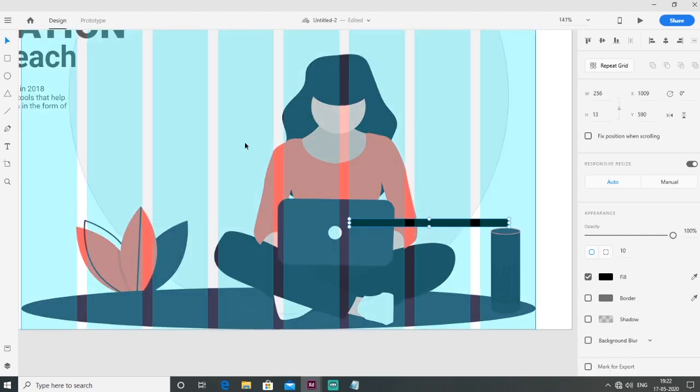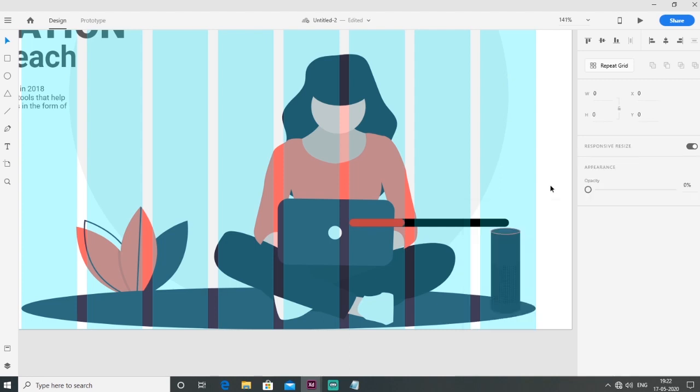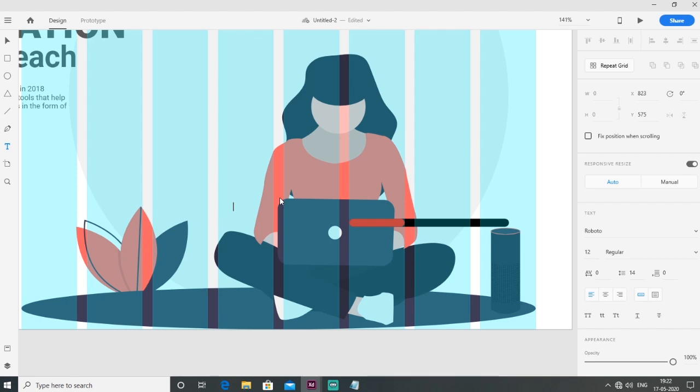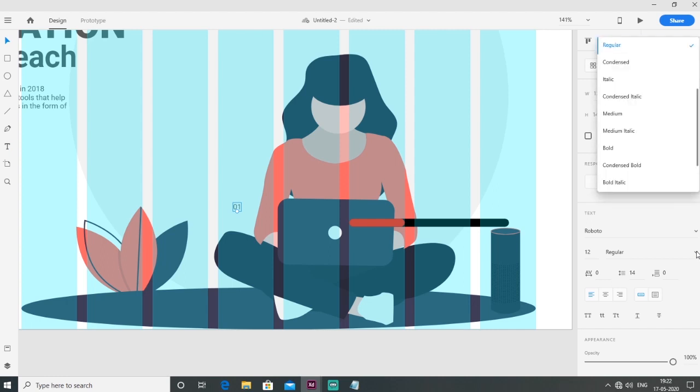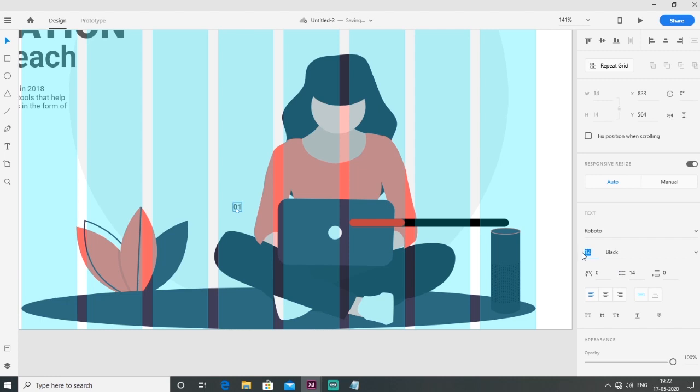Now I select this image, I press Ctrl C to copy, Ctrl V for paste and transform this rectangle and change the color into red. Go to the text tool, and change the font style in black and size is 36.